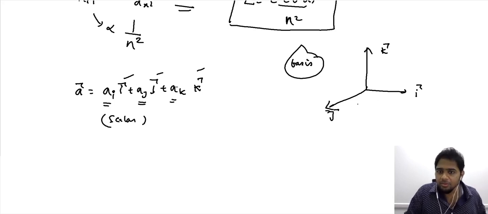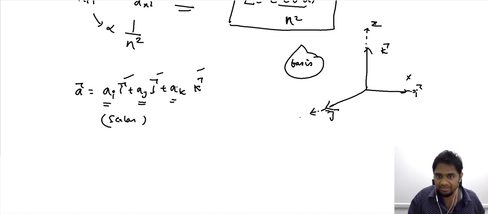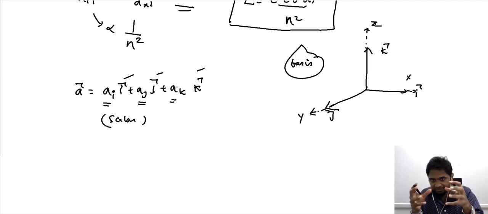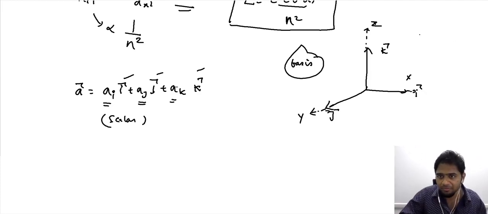And when you consider this, they appear similar to that of the coordinate system. Because when they are perpendicular, if you consider this as your z-axis, this as your x-axis, and this as your y-axis, what essentially we have is these vectors that we have considered, these bases, they appear to form a part of this coordinate system, and this coordinate system we often refer to as the